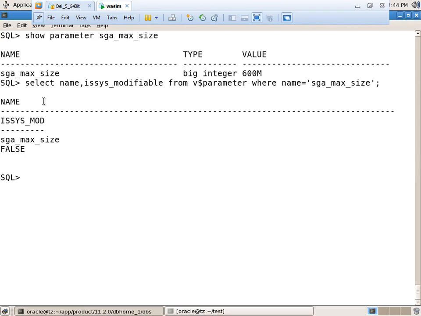False. Okay, static. Can we use scope equal to memory, scope equal to both? No. Why? It's only for dynamic parameters, right? But here it is a static parameter. We can use only scope equal to spfile. When will the value take effect? After bouncing back the instance. Okay.